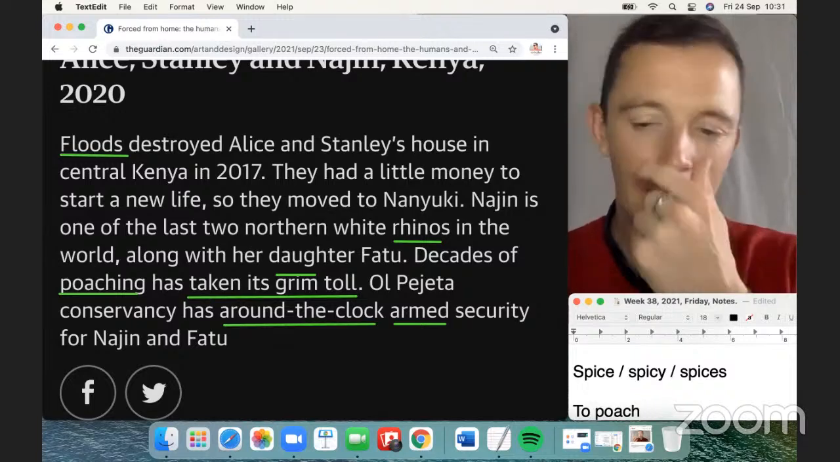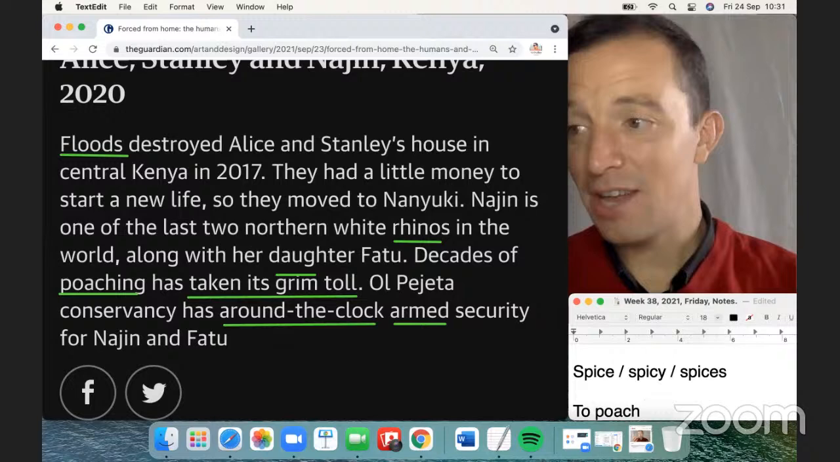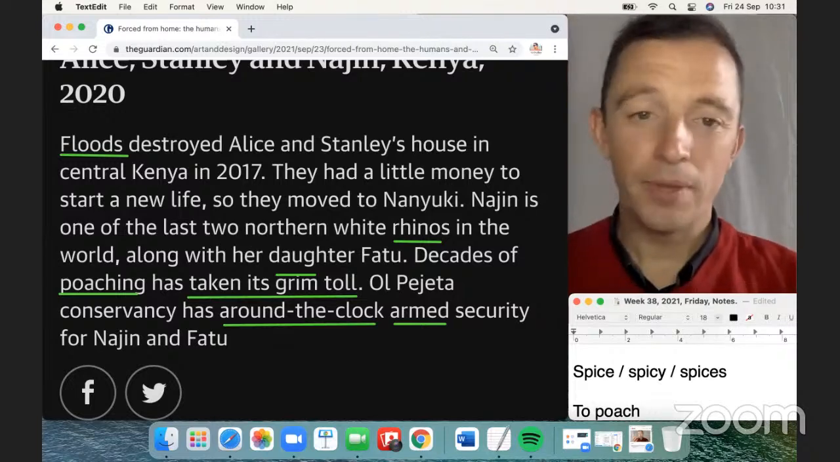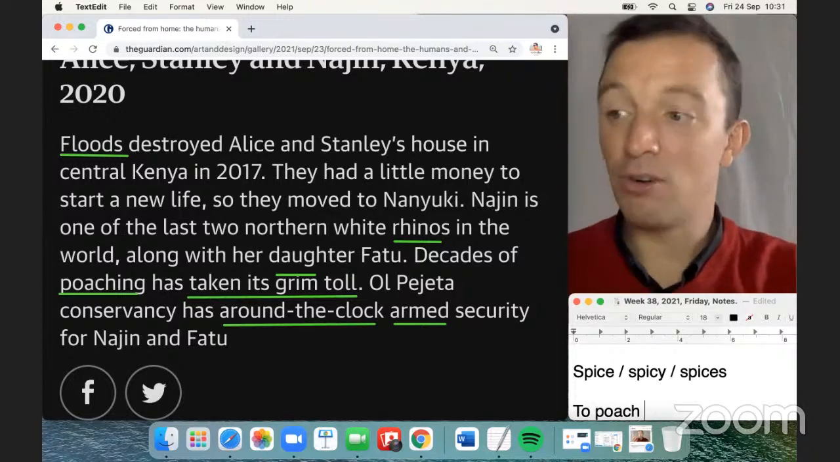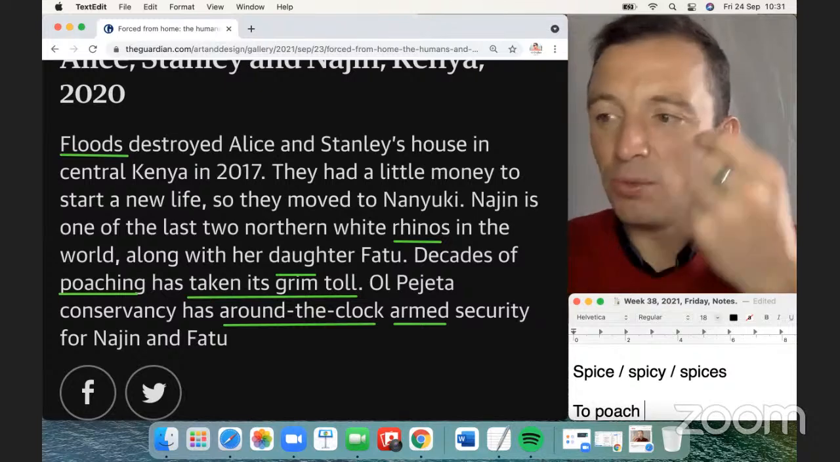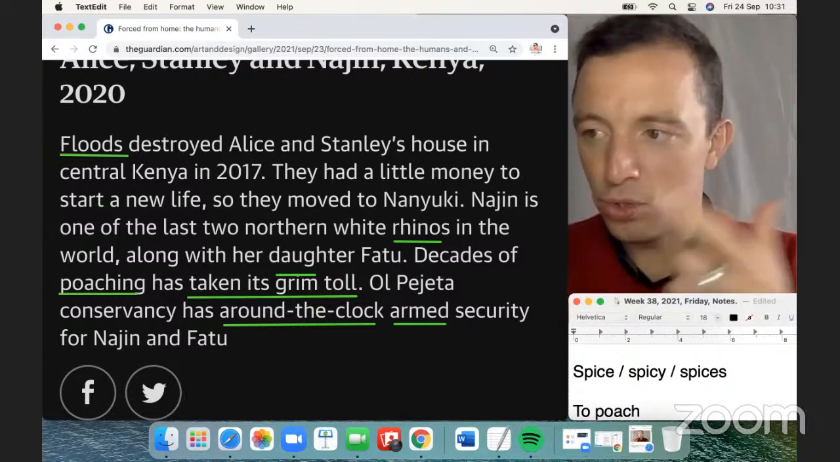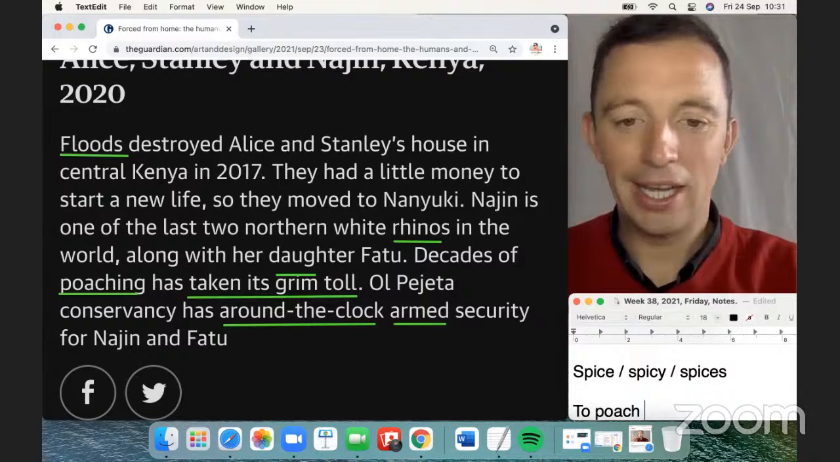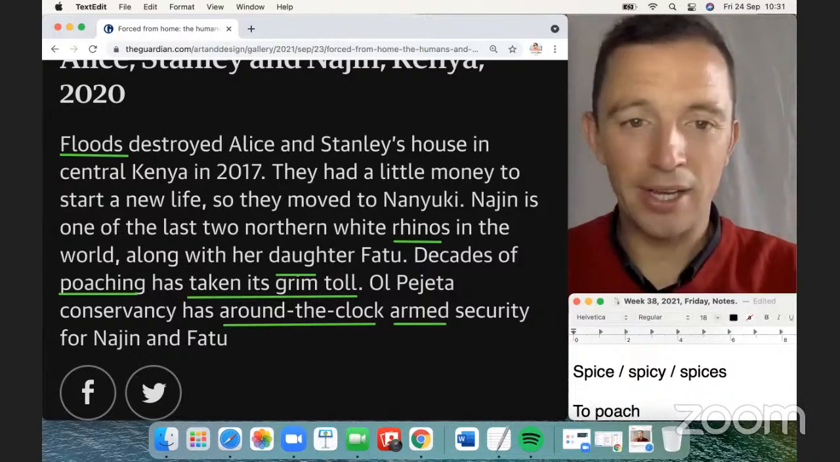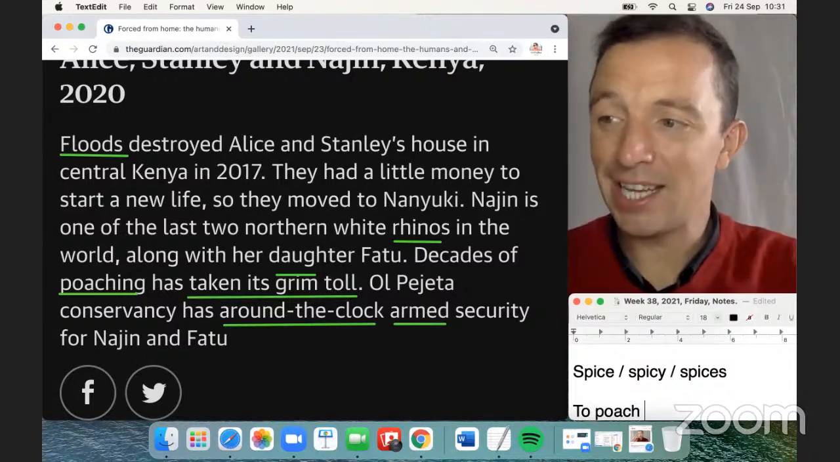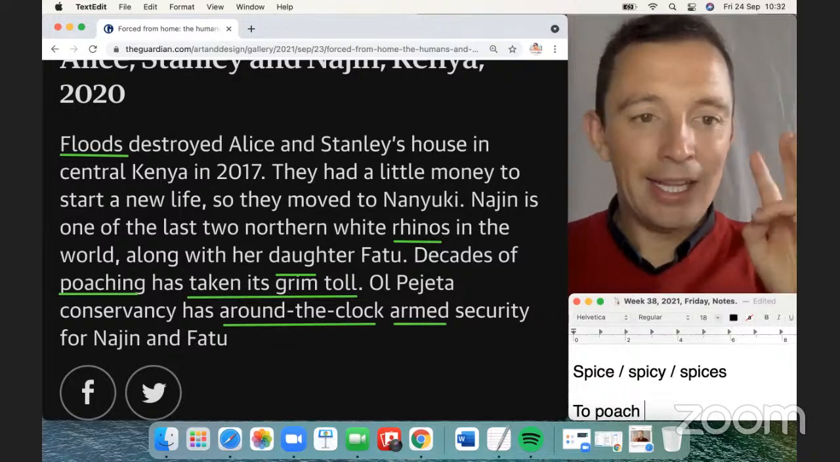Significance to poach. So in relation to animals, in relation to rhinos, people kill the rhino because the value of the nose or the tusk or the horn is very important. So they poach, they kill, or they rob. The third